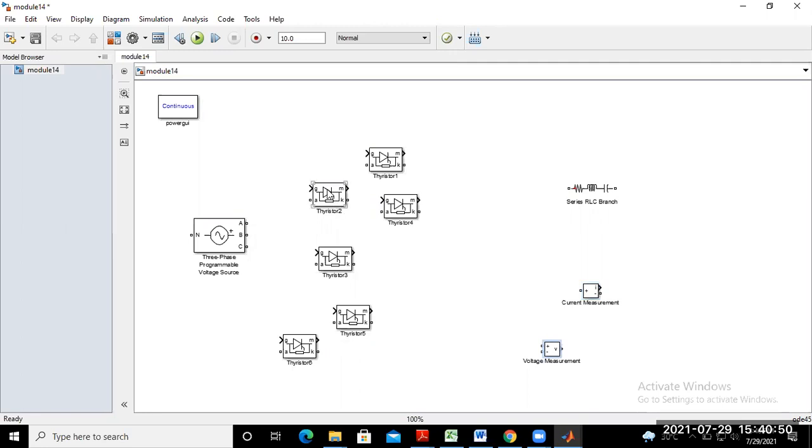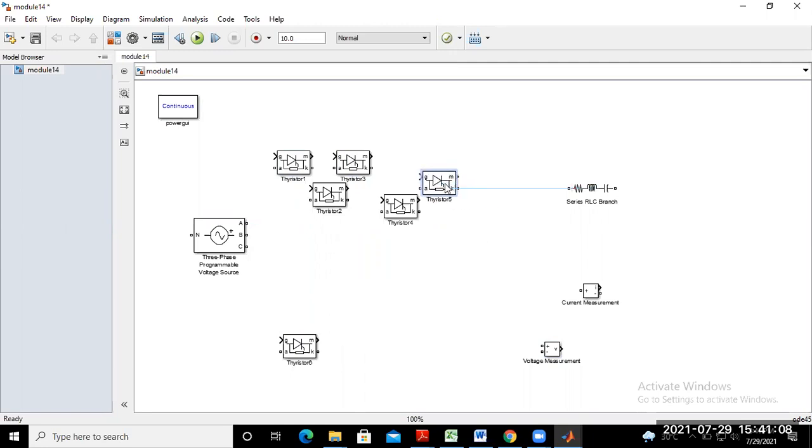Just connect in upper leg, thyristor number 1, 3 and 5 connected. Okay. So thyristor number 1, where is your thyristor number 1? Here. So just place here. And where is thyristor number 3? Is here. And where is thyristor number 5? Here.